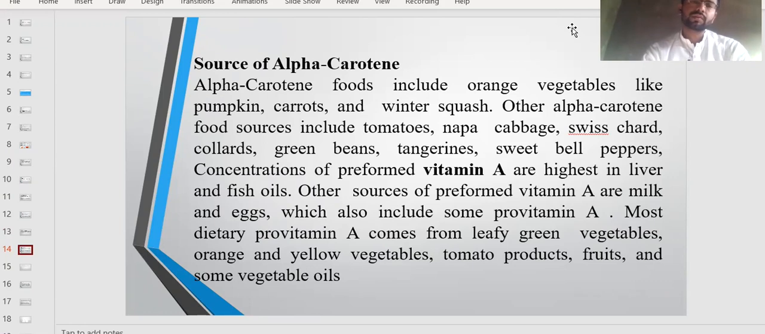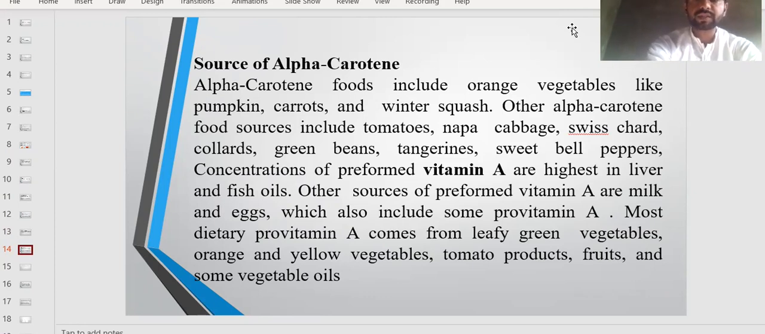Other alpha carotene food sources include tomatoes, cabbage, green beans, and sweet bell peppers. Concentrations of the preformed vitamin A are highest in the liver and fish oils. Other sources of the preformed vitamin A are milk and eggs, which also include some provitamin A. Most dietary vitamin A sources come from green leafy vegetables,